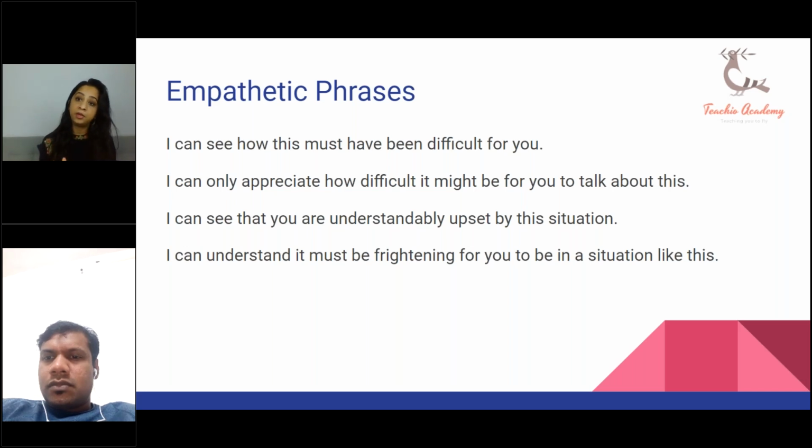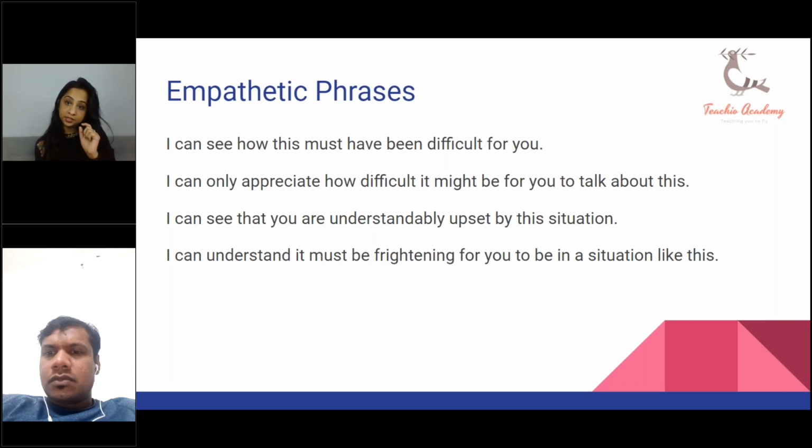You have to understand the patient's anxiety. Okay. And you need to show the examiner that you understood your patient's anxiety. And using this sentence does both. So you say that it must be frightening for you. So you sort of say that it's all right that they're anxious. Okay. And then you can add another line to this. You can say, I can understand it must be frightening for you to be in a situation like this, but we are here only to help you. Okay, so you might add another line to it. So if you understand the difference,